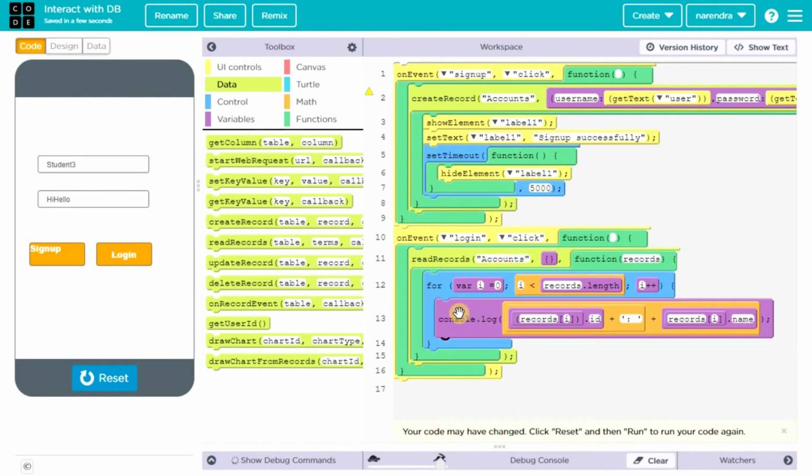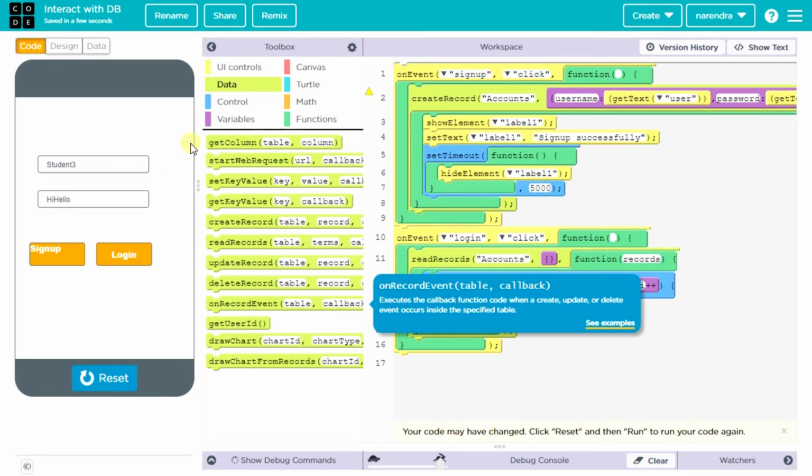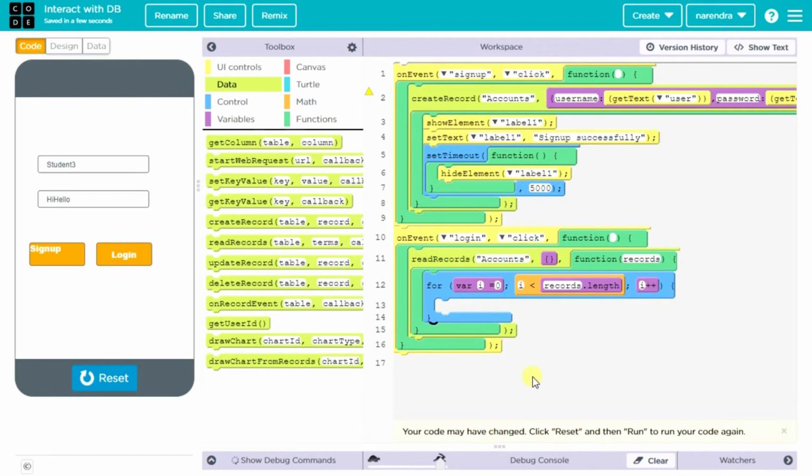This is for writing data into the console. We don't want this, just throw it away. After getting the data from the table, for every record in the table, you have to compare with the data that you are getting from the user interface. So you have to perform a comparison. This is a for loop. For every record, you have to compare the data with the username and password. If there is any match, then that means it is a successful login.